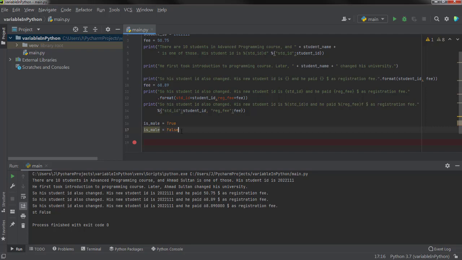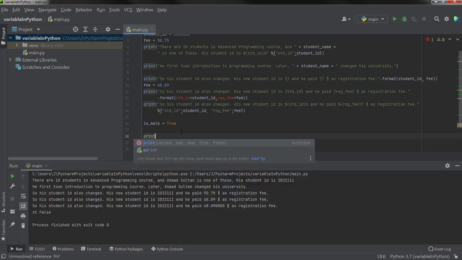Even though you might not need to print these boolean values inside the print statement, if you want to, how can you do that? For example, I want to delete this thing, and then write a print statement again: is the student male.